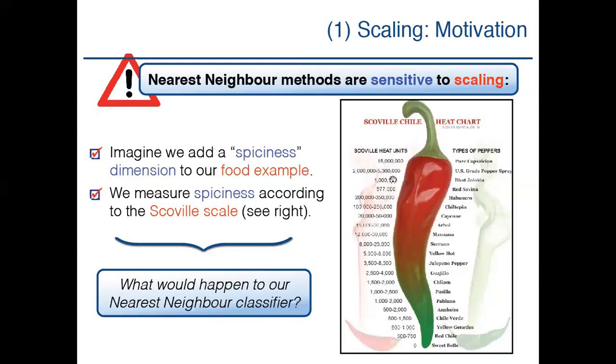So its range is very big. This variable is going to outweigh all the other variables. For example, the spiciness of two things could differ by, let's say, 500, or it could be a lot more, say 5000. If the spiciness distance is 5000, and